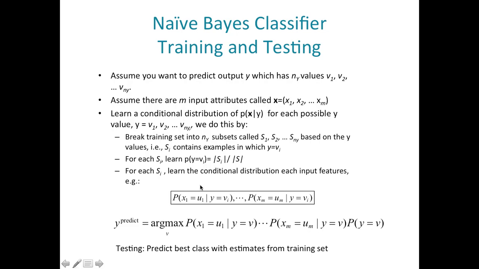And then at the same time, with all the samples in our training data set, we also learn each individual conditional probability. So given that someone would buy a computer, what's the probability that the income would be X? What's the probability that the age would be Y? Okay? And then basically, what happens internally during testing, during prediction, okay, is that